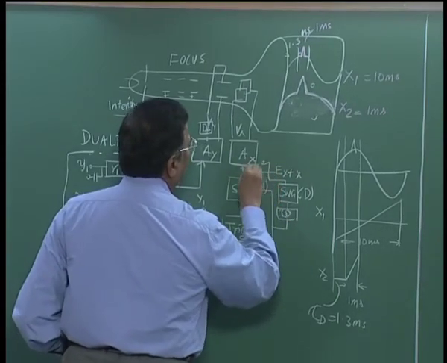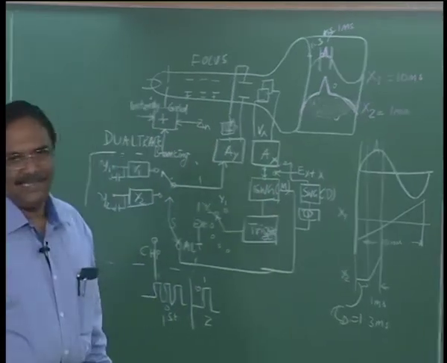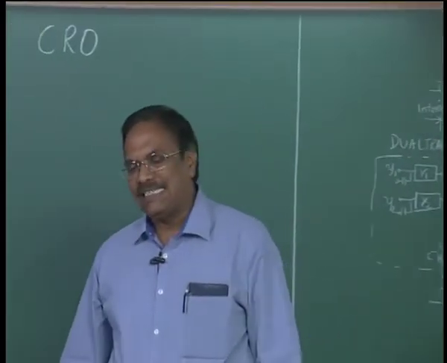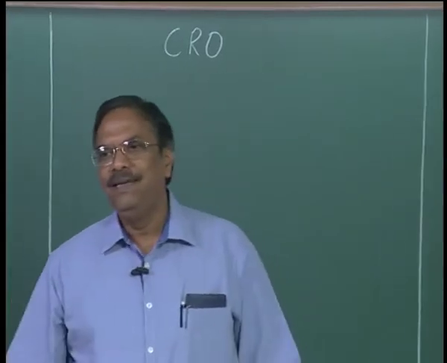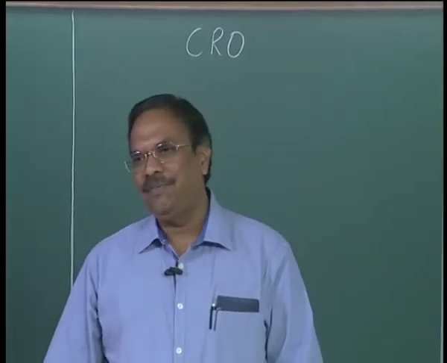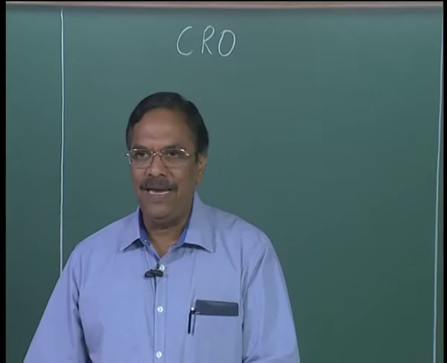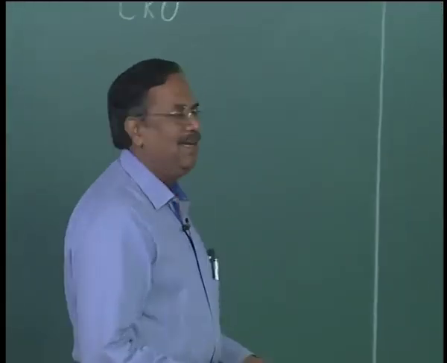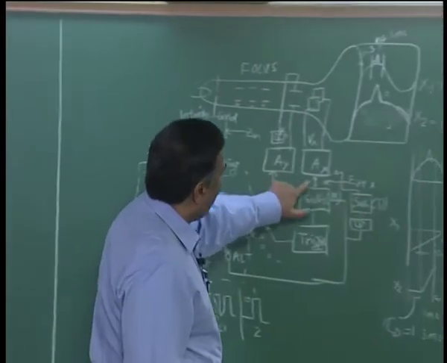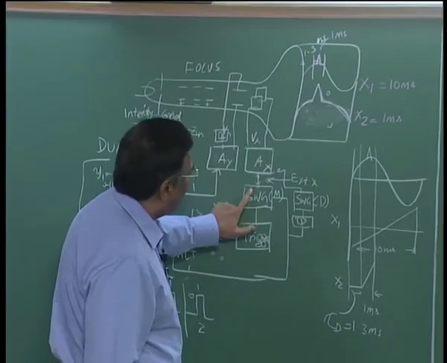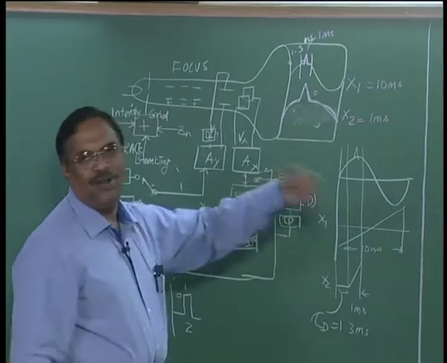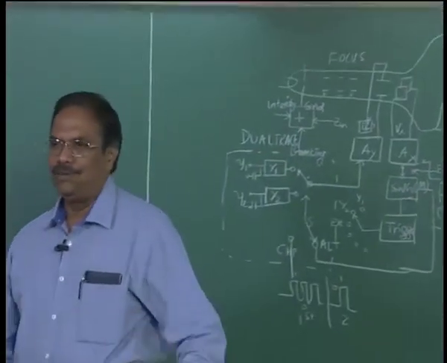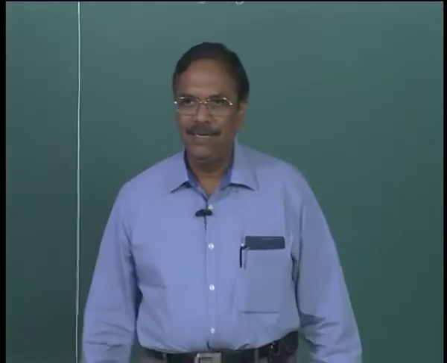one more option for the x amplifier to be connected to. It is connected to the main for the first sweep, it is connected to the delayed for the second sweep, again it is connected to main for the third sweep, delay for the fourth sweep, and so on. The sweep will alternate, the x amplifier input will alternate from the main to delay, delay to main, and so on. That is the only mode that is available to you.